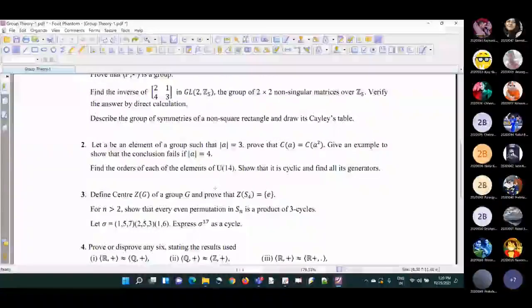Instead of writing that the order of 5 is this one, 7 is this one, 11 is this one, something like this. They are telling you to try to understand this: find the order. They are not telling you to write the order. If they were telling you to write the order, then all right, you need not do much calculation. But if they are telling you to find the order, it means you have to show some calculation of how you are finding it.